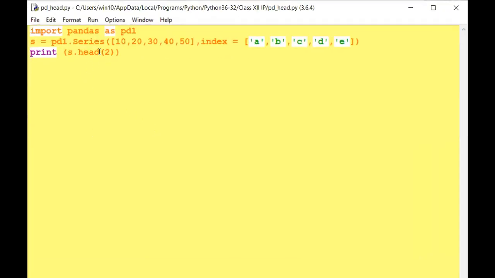Now I am using the tail. Same program I am using with the tail.